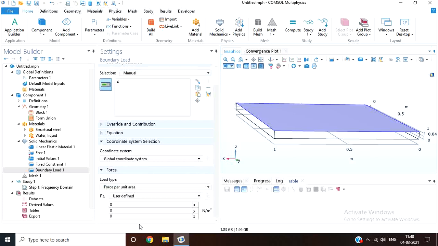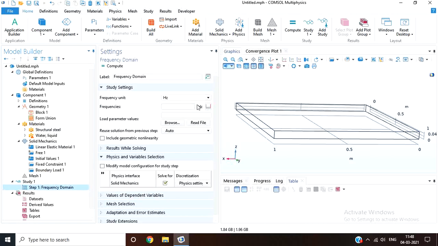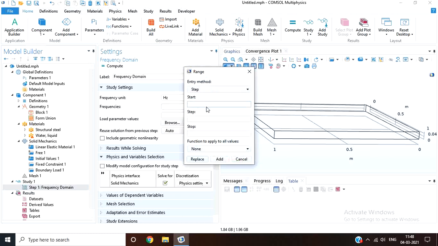Let's keep the boundary load of 10 Newton per meter square, which is force per unit area. Now let's start the frequency from 0, step 1, and stop at 50.